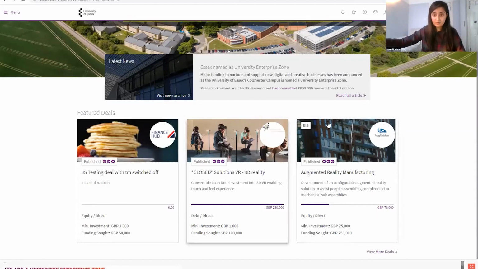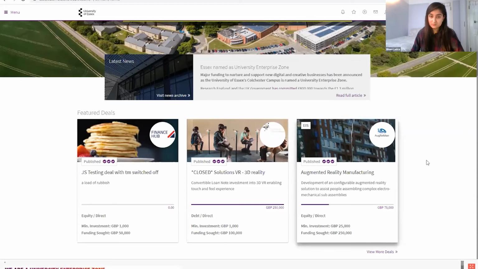But remember, they don't just see three, they might see a dozen as they scroll down, because they can see more deals as they move on. So your deal, the imagery, the picture has got to tell a story. If your logo is very vibrant and eye-catching, that really helps.